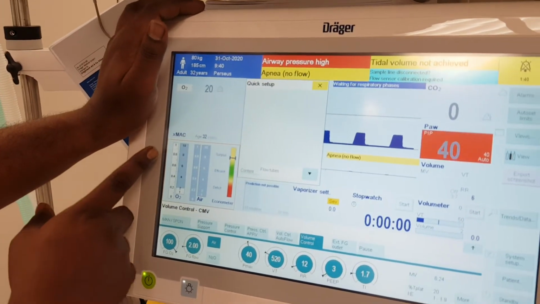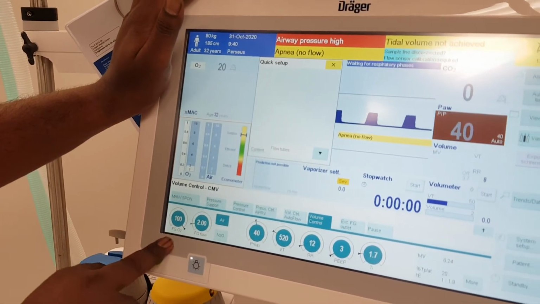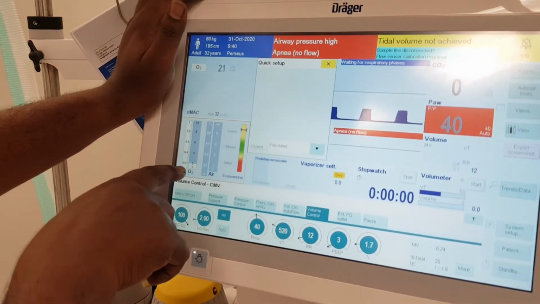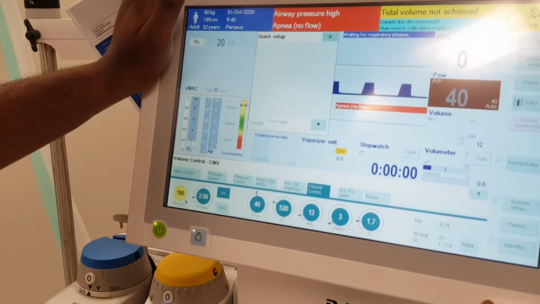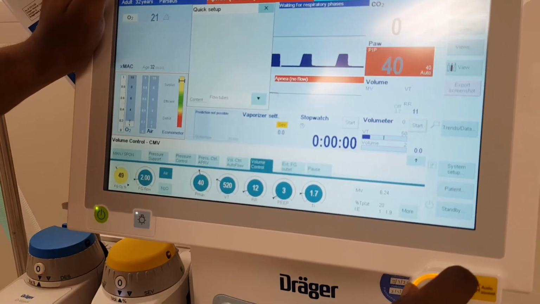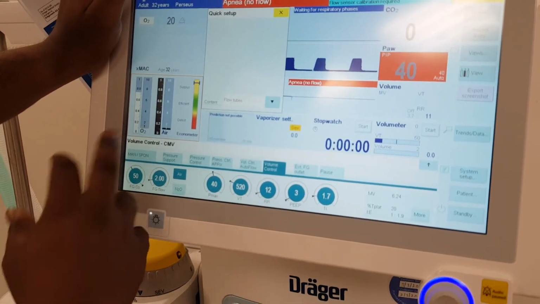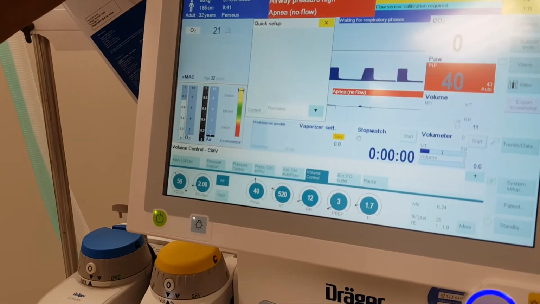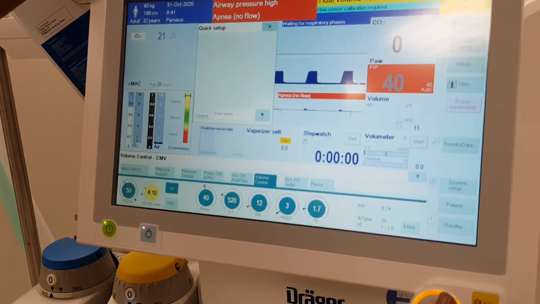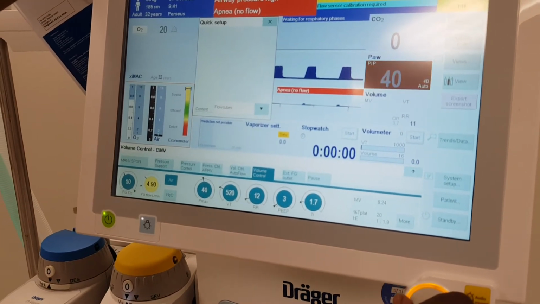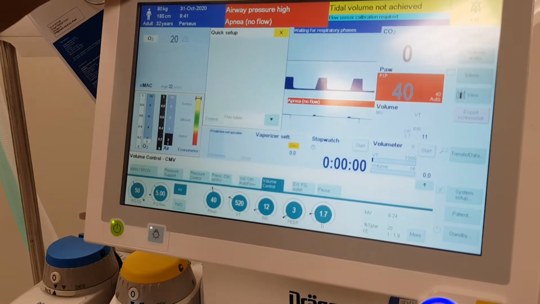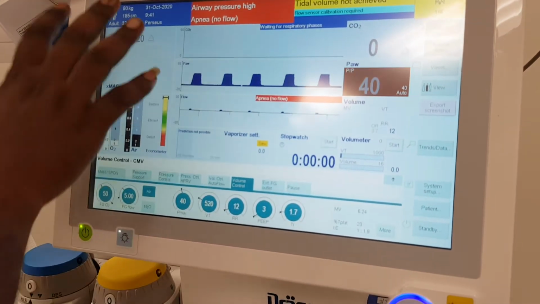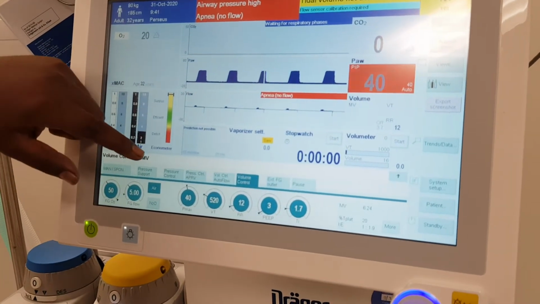You can see the oxygen and air. I am setting 100% oxygen and a flow of 2 liters. So 2 liters of oxygen will be delivered. If I select 50% oxygen, the remaining 50% will be taken care of by air: 1 liter of air and 1 liter of oxygen. So if you increase the flow, the flow will be adjusted 50-50. So this is the gas monitoring, and here this is the flowmeter.